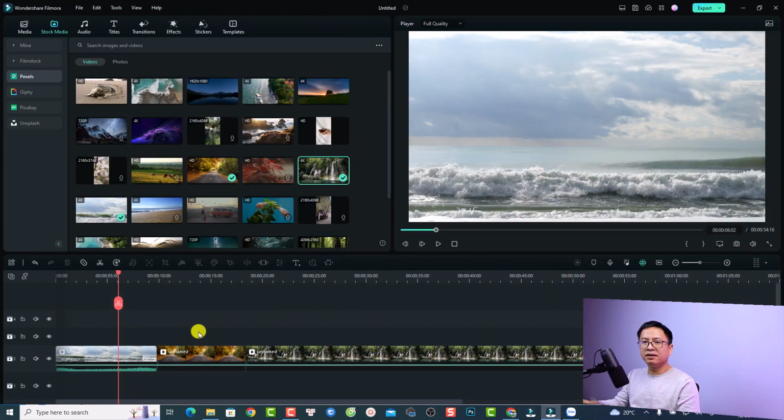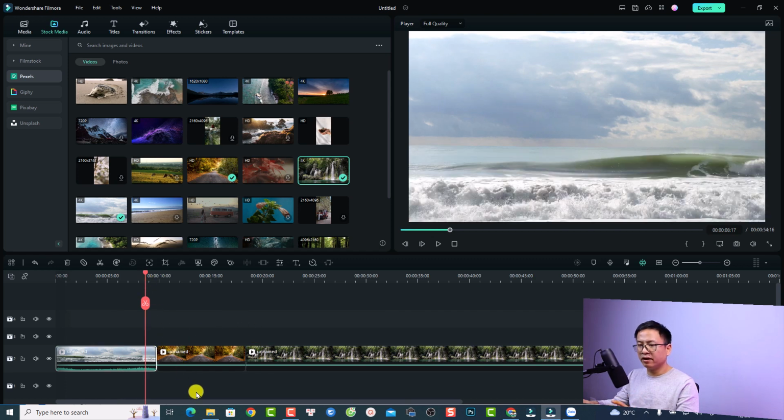Alright, so this is my example project in Filmora 12, and now I have some clips on the timeline, the first one, second one, and the third one. In Filmora 12, there are many ways to add transition effect between clips, and this is the easiest way. Okay, so the easiest way to add transition effect in Filmora 12 is to use the built-in transition. For example, if I want to add transition between two clips here,